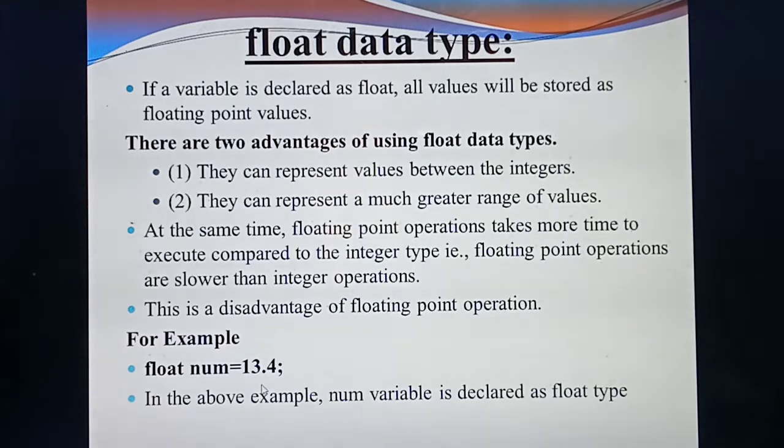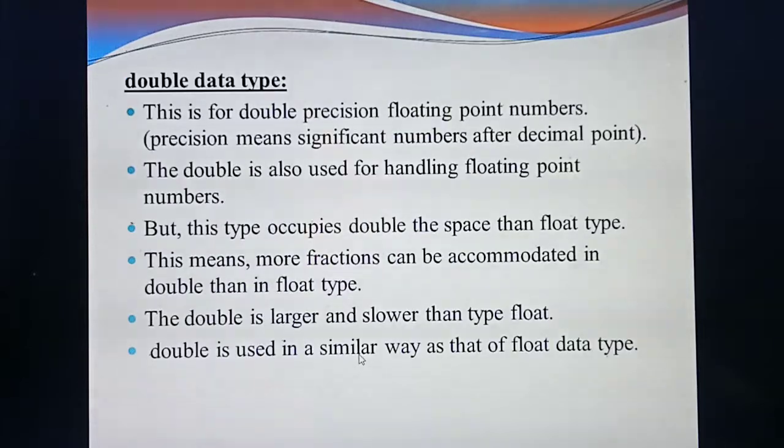By saying it, you can identify this is a floating point value. What do you mean by floating point value? Point numbers, that is 13.4. If you declare like this, float num = 13.4 in the entire program, then the value of num will be 13.4 of the data type float. Understood what's the meaning of float data type? Okay. So the next data type is the double data type.